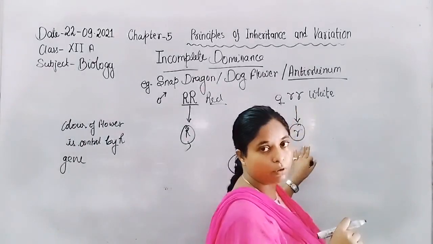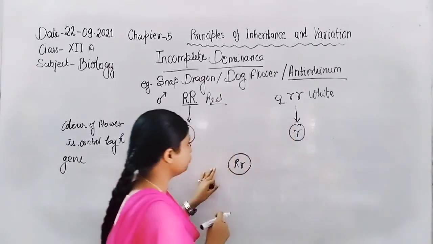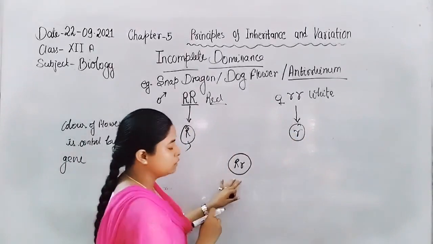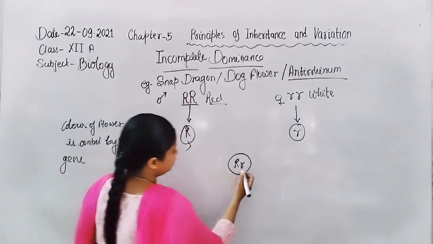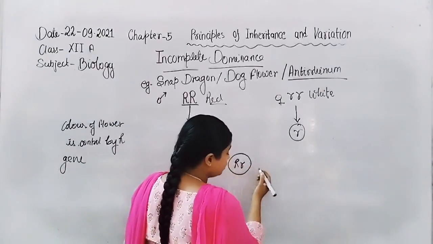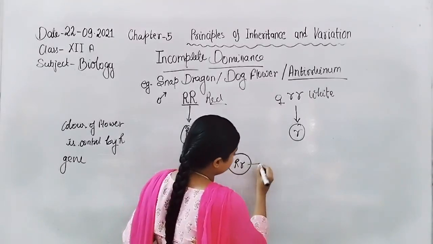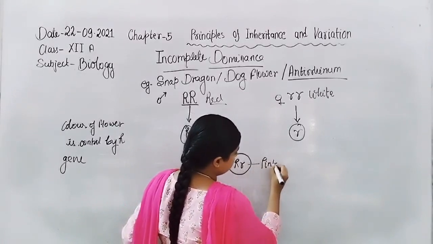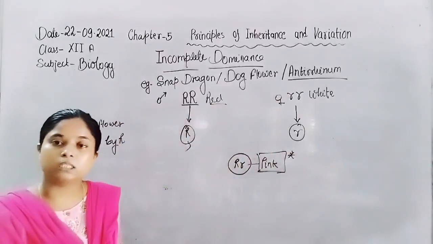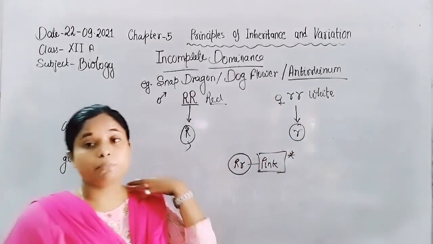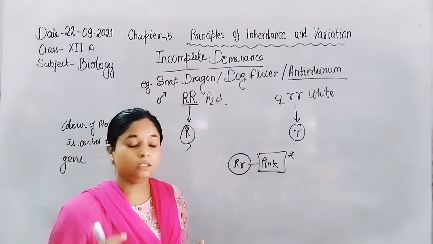In the female plant also, only one type of gamete forms with haploid chromosomes. After the fusion between male and female gametes, they result in the capital R, small r zygote. Now, what is the phenotype? As we know, all the genotypes are similar in number, but they appear pink in color. So it is different from the parent plants. The reason behind it is the presence of only one R.